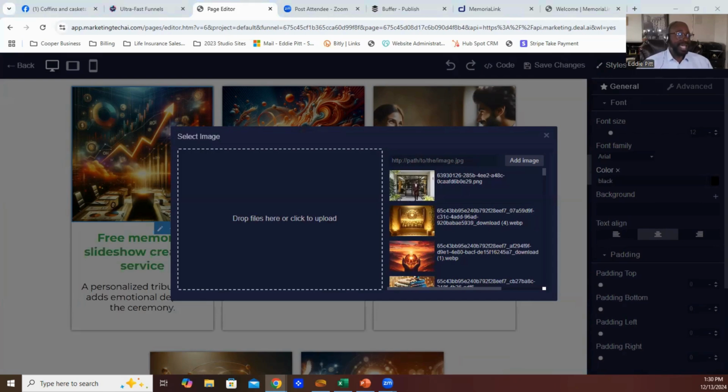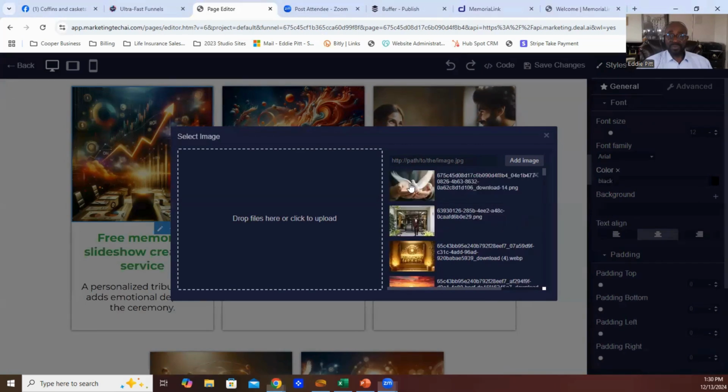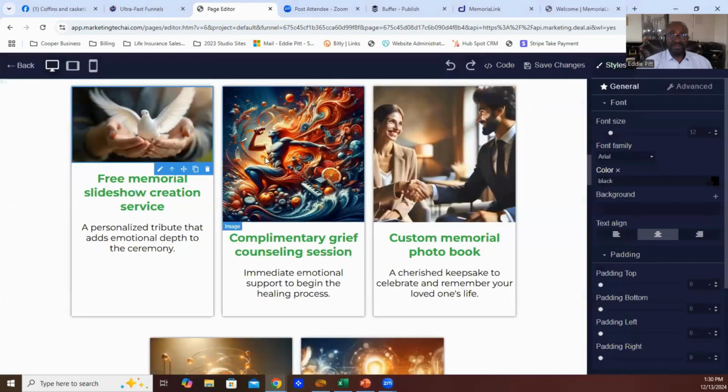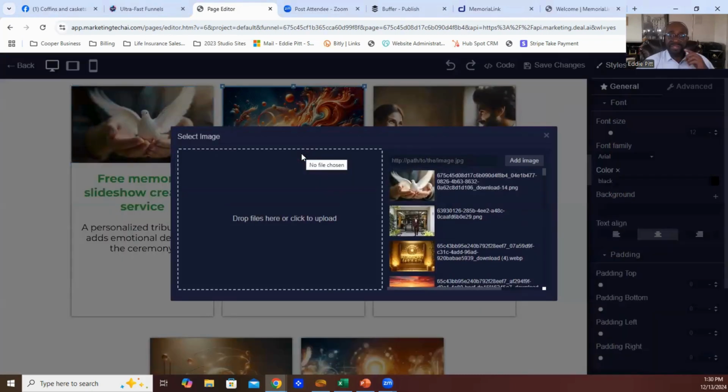Memorial, there's a good picture. So we'll let that represent that complimentary grief counseling session. I like using the real life images. A lot of people are using the other ones, but that's not what I had in mind.